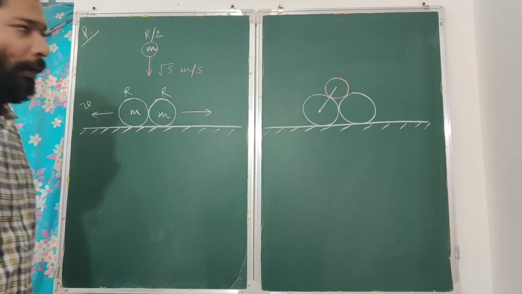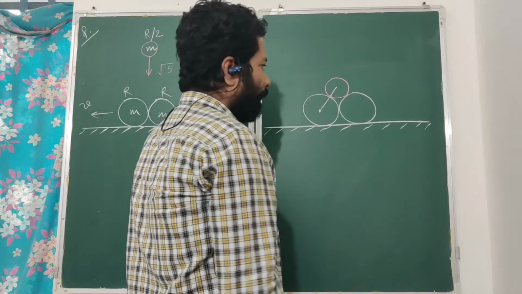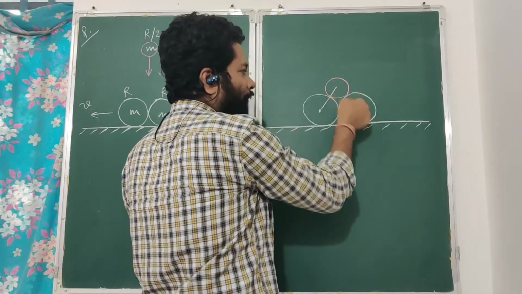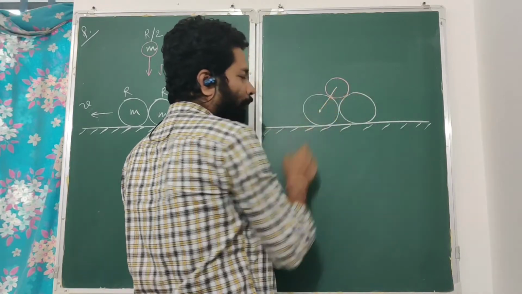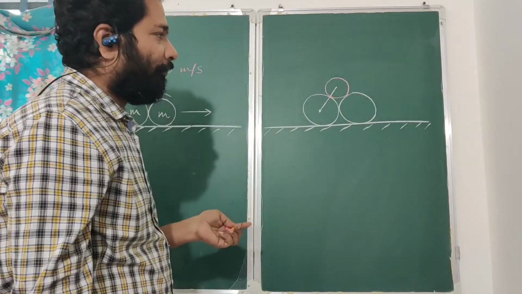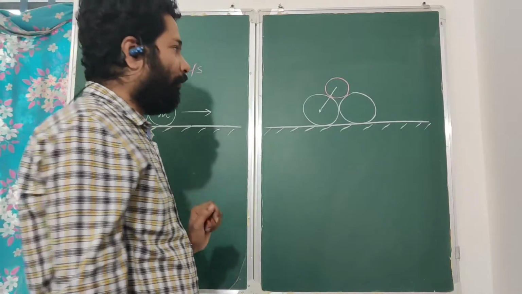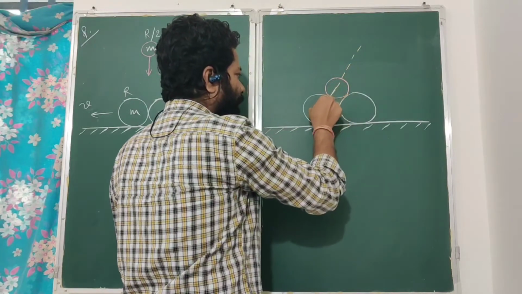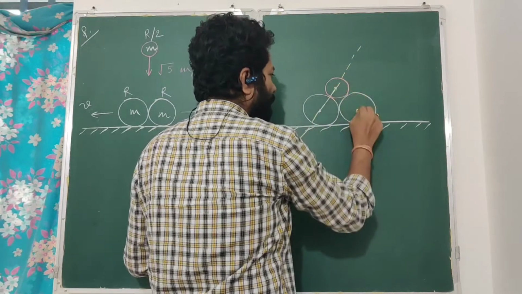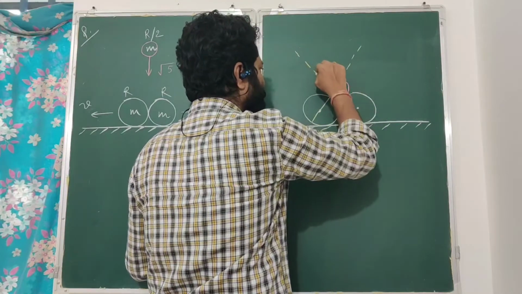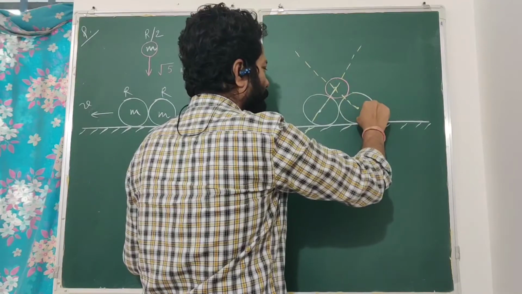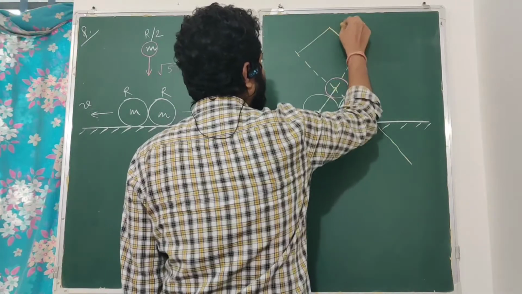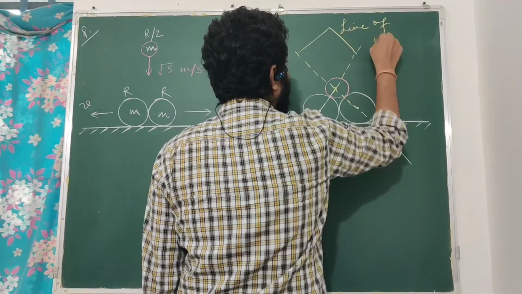Correct? What will be the line of impact? So I'll draw the line of impact here. For these two balls, obviously along the common normal, and for these two balls also along the common normal, that contact force will act, or you can say the impulsive force is going to act. So if I draw the line of impact for these two balls, it will be like this, and for these two balls it will be here. Like this. So you can see what we have drawn here is your line of impact.